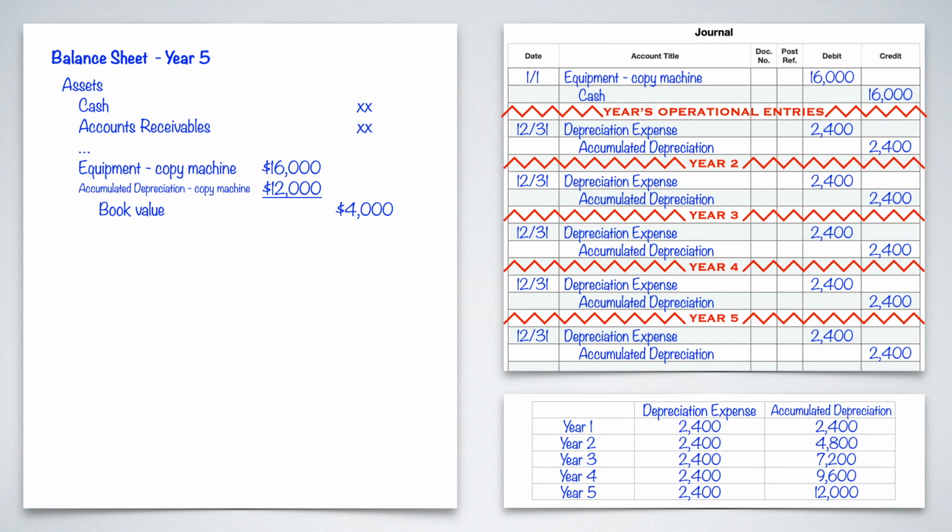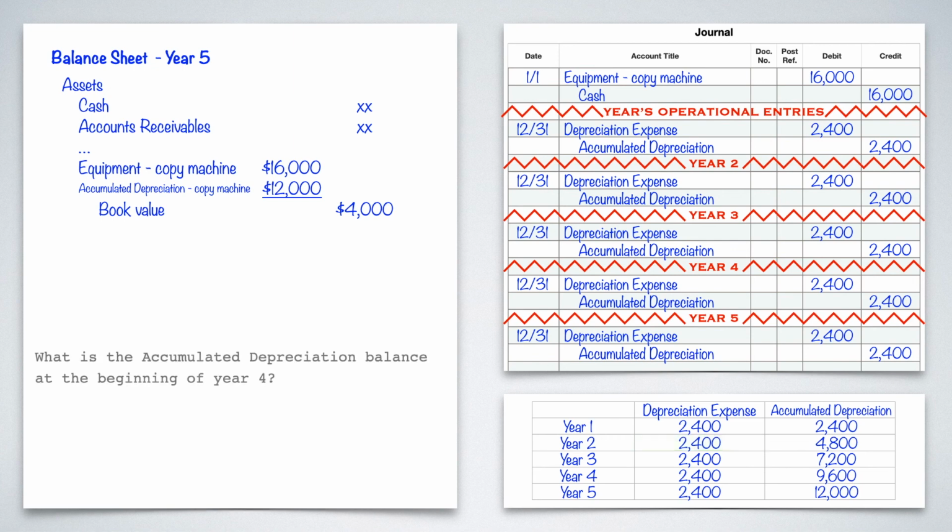Now, what are some of the questions that can come from a problem like this? Because there's a lot going on. Let's just say, hypothetically speaking, the question asks us, what is the depreciation expense for year 2? Well, that's why I like having that table at the bottom, because all I have to do is look at year 2, look at the column that says depreciation expense, and I will find 2,400. As a matter of fact, it's going to be 2,400 for all 5 years. All right, let's look at another type of question you can see.